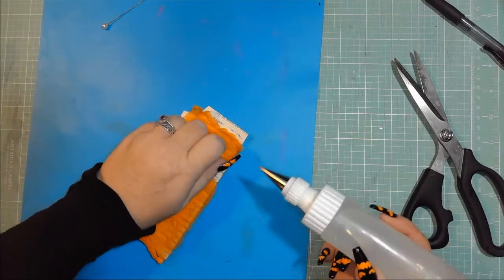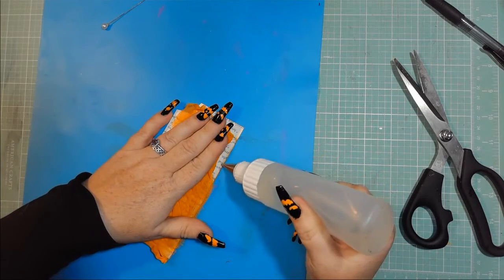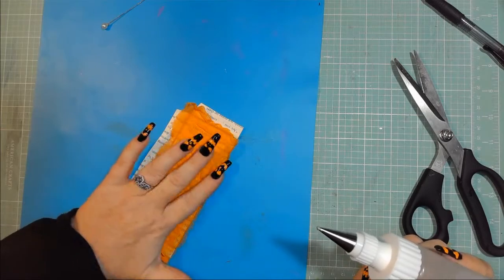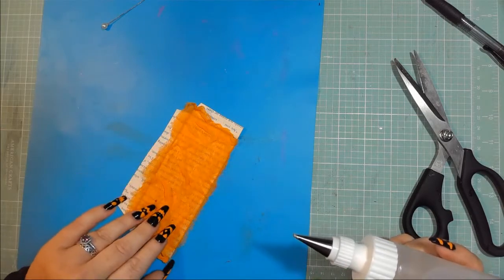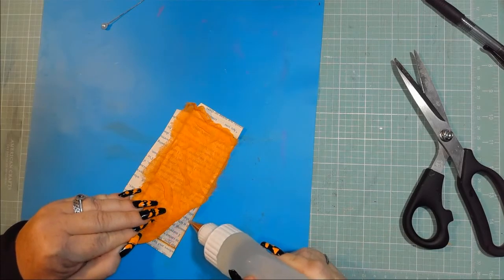So all I'm doing is I'm taking my Fabrifix around my edge. And my goal behind this is to secure my fabric around the edges so I don't lose it, but to still keep that